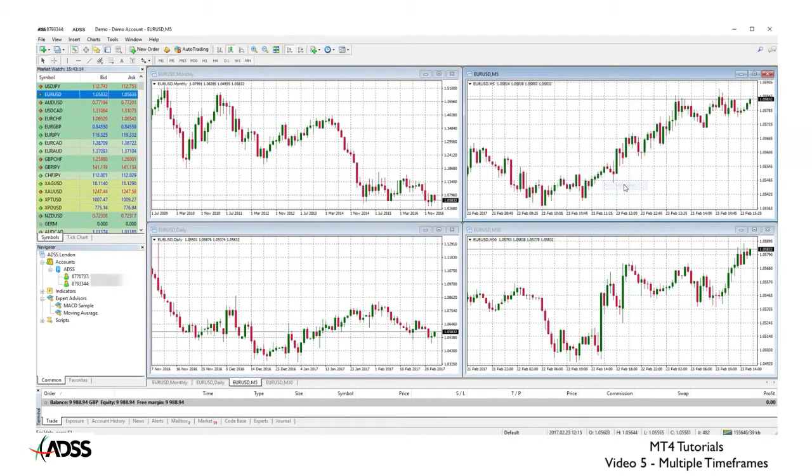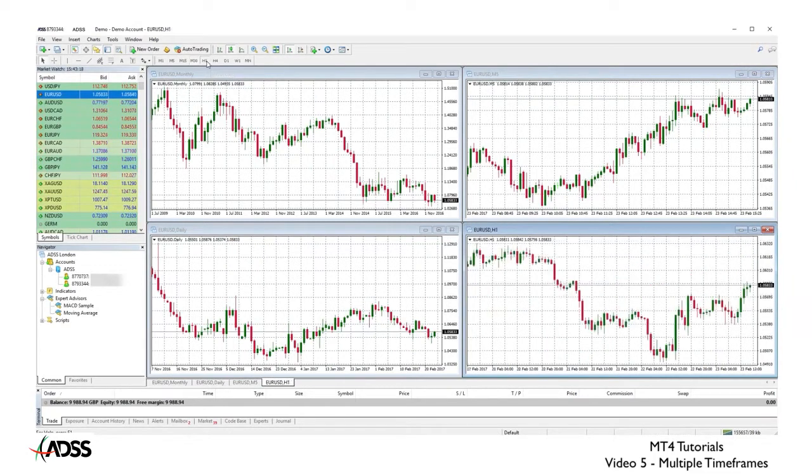Let's change this chart to 5 minute and this one to 1 hour. We now have 4 charts, all showing one trading asset displaying 4 different time frames with monthly, daily, hourly, and 5-minute candles. If you don't like the placement or order of any chart, you can simply move it by clicking